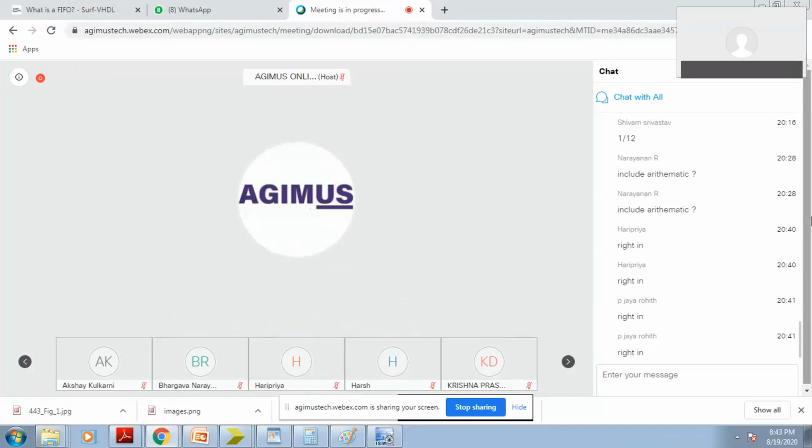So there's no external input required for the ring counter, but at the time of the reset you have to load. At least one D flip-flop output should be 1 at the time of the reset. That condition has to be written in your code. Otherwise, it is not going to be a ring counter. Okay, so this is the way we can do it.